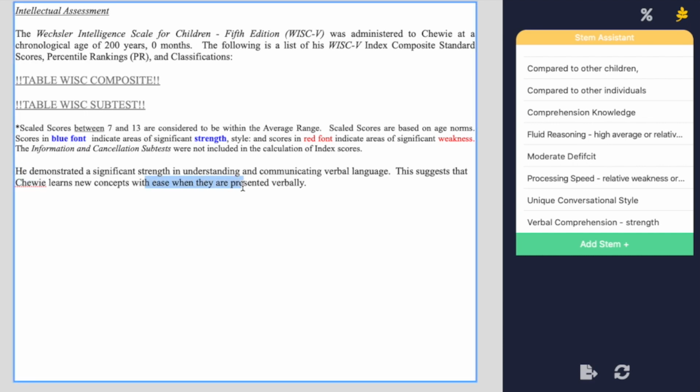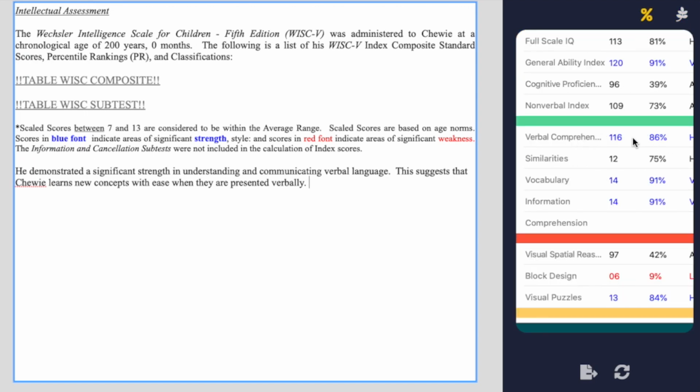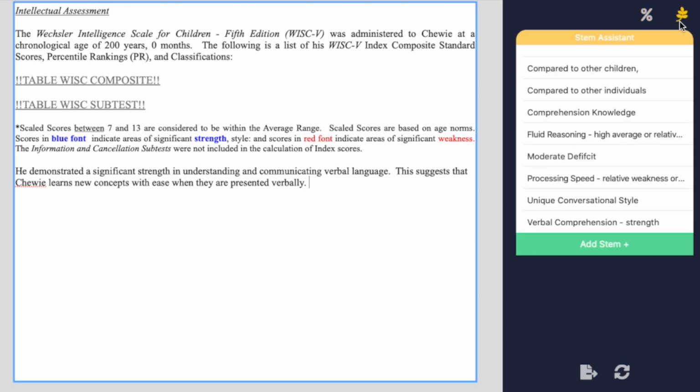All we had to do was recognize that this verbal comprehension score was a strength and then choose to talk about it at this part in the report. But let's talk about how we can make a new STEM. So if we decided to keep writing now and said, in addition to a verbal comprehension strength,